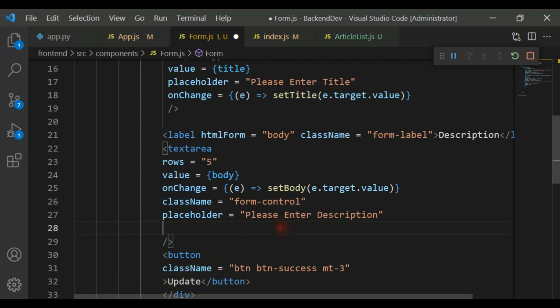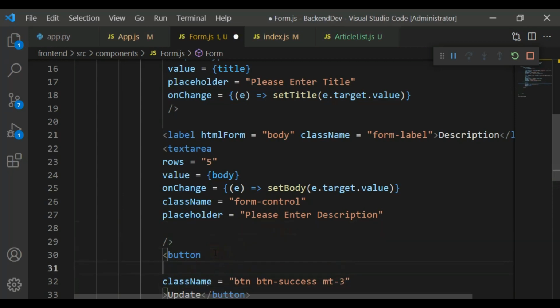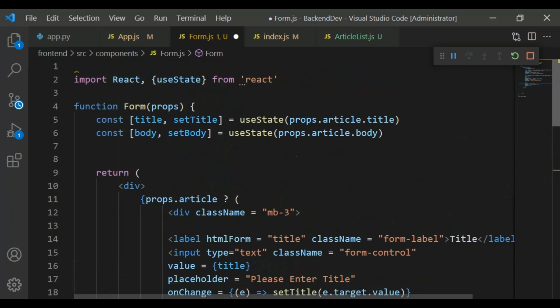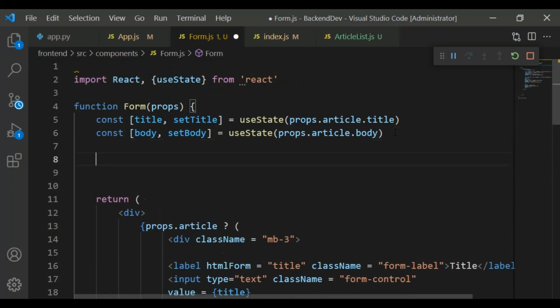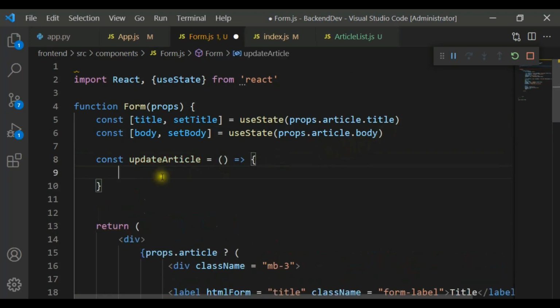Okay, now let's add an on click for this, for updating the data. I can just say on click, and let's just say update article. Let's create this update article in here. So I can just say const update article, and it's an arrow function. Now we can add our updating codes in here, but it's good to create another file or another component